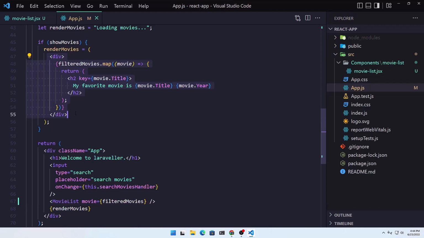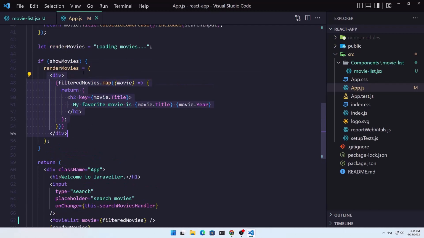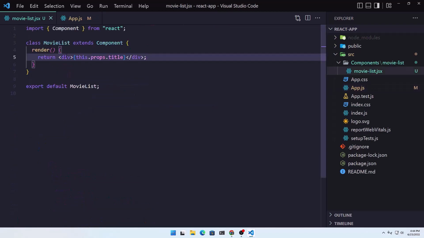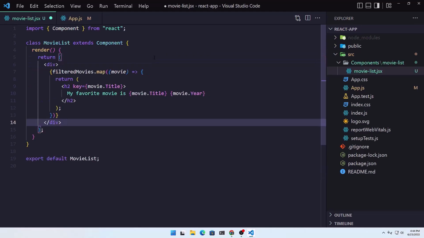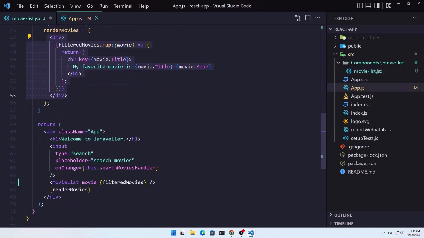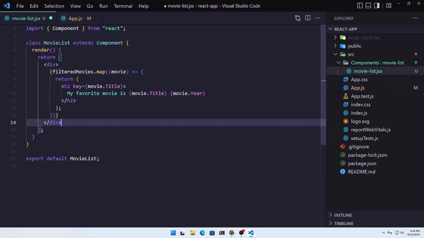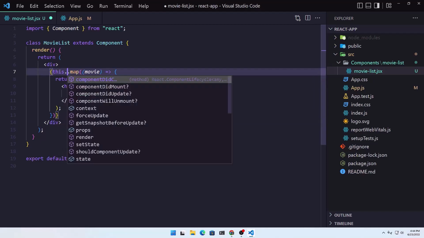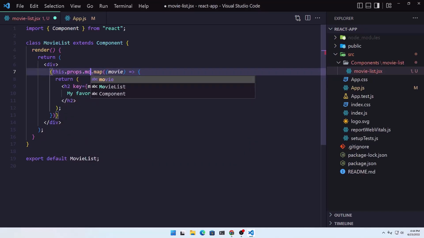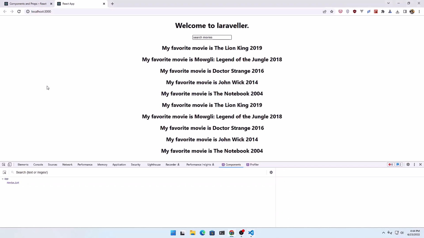the same thing. So let's copy when we say render movies here, copy that and paste it inside when we return. Paste that in, but instead of filtered movies, because we don't have filtered movies here, we named the props movies, because we have many movies. We name movies here the prop, so we can say this.props.movies like this. And if I save, and you can see now we have